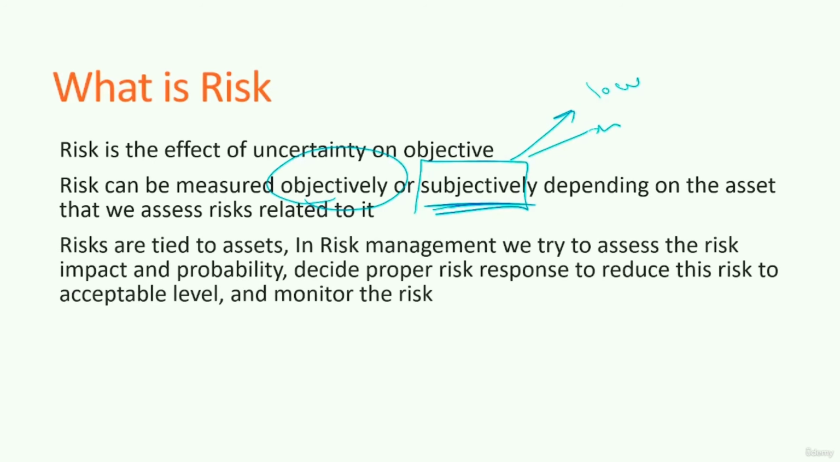So risk is tied to an asset. In risk management, we first identify the assets, and then we identify the risk that could be linked to these assets. We also evaluate the impact and the probability, and we decide what the proper response to this kind of risk could be. Should we implement a security control, or should we accept